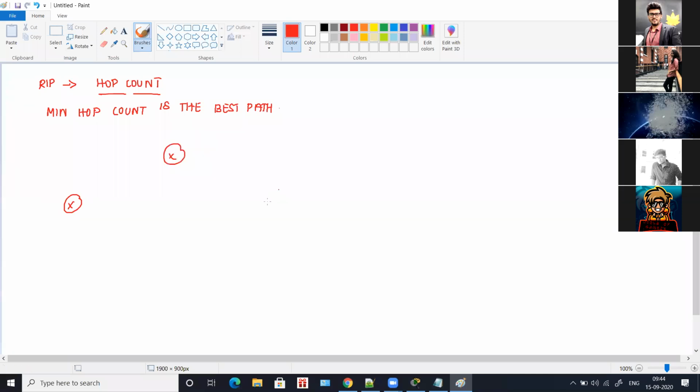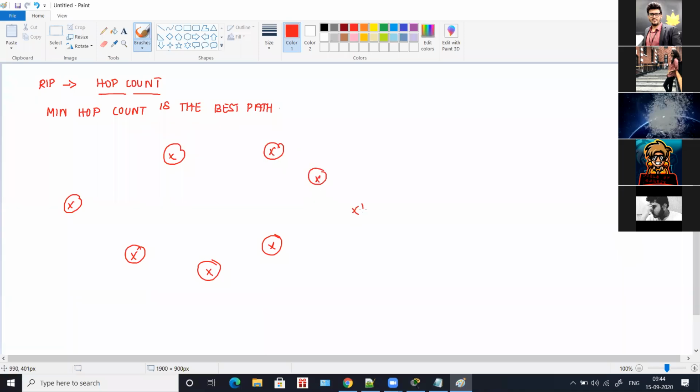Say, for example, I'll just draw a diagram here. Let's say you have one stop here, two stops here, and maybe three stops here, and we'll connect this also.